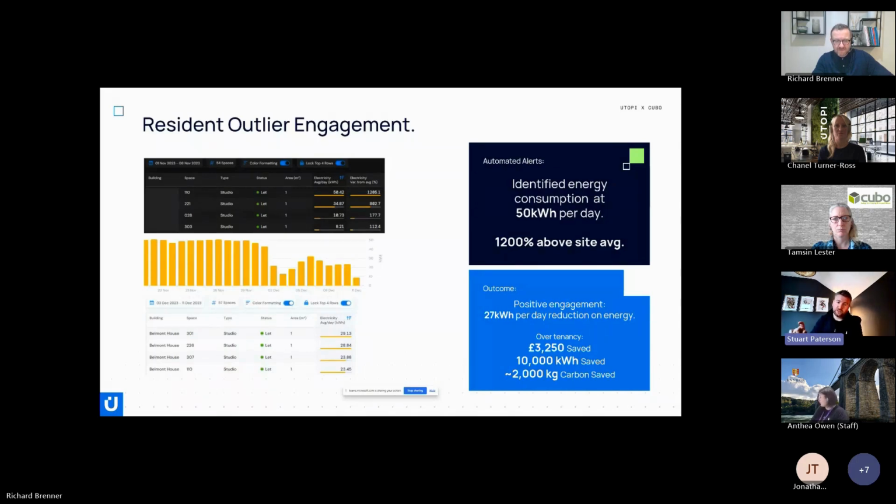But if we look at the impact over the tenancy period, we can see that that's a £3,250 saving just on that one small studio, and that's 10,000 kilowatt hours of energy saved. And if you extrapolate that out across your top 10%, or a portfolio of buildings, you can see the impact that would then have, for example, on carrying out educational campaigns. But that's always my favourite one, because it's one person that has a significant impact on the rest of the building. And one of the things that we then ask is, is that a profitable resident to have for next year and the year after, again, without an educational piece in there.